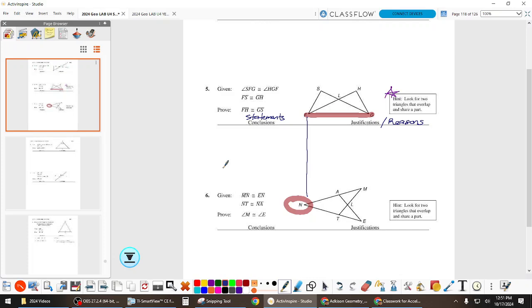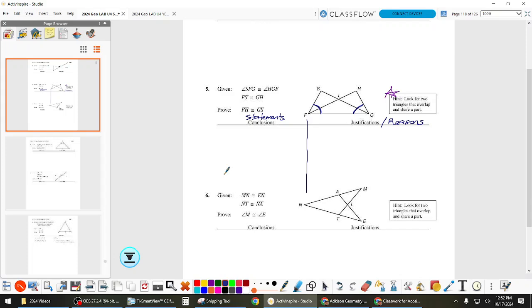So, is what we're given marked in the picture? No. And so the reason these are highlighted is I gave you the hint last week. But let's just make sure that this gets in our picture. So angle SFG and HGF are congruent, which is that one and that one. And it looks kind of weird with that line